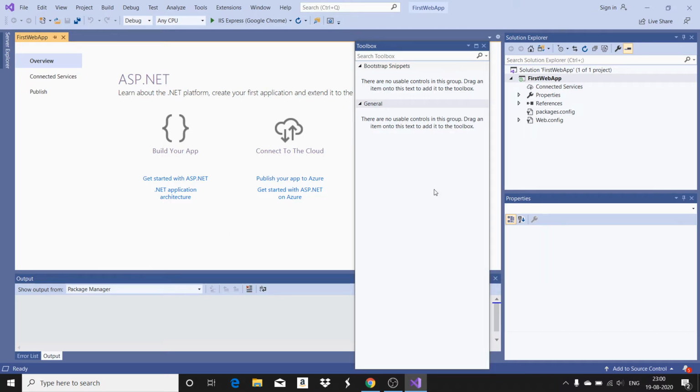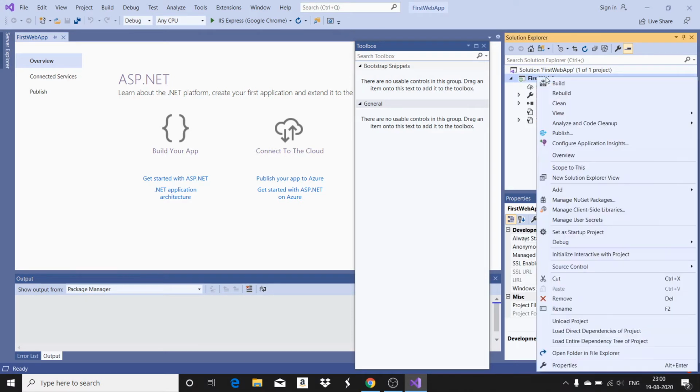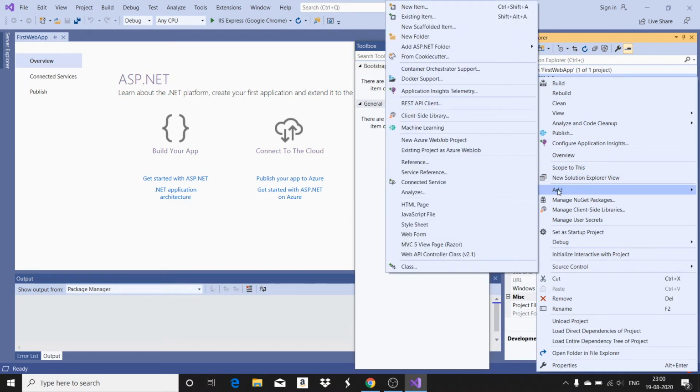So I'm going to add a web form to my application. Let us see how to add it. You just go to the Solution Explorer, and here you will have the project name. Right click on the project name, and you will have add menu. Go to the add menu, and there you can see whatever things that can be added, from which I'm going to select a web form. I already told you the application that we created is an empty web application.